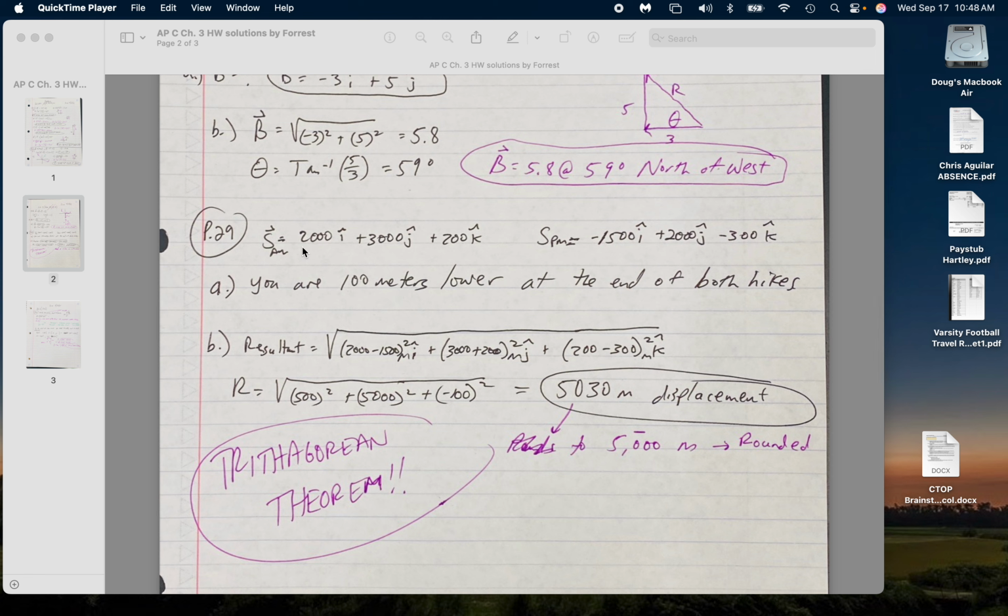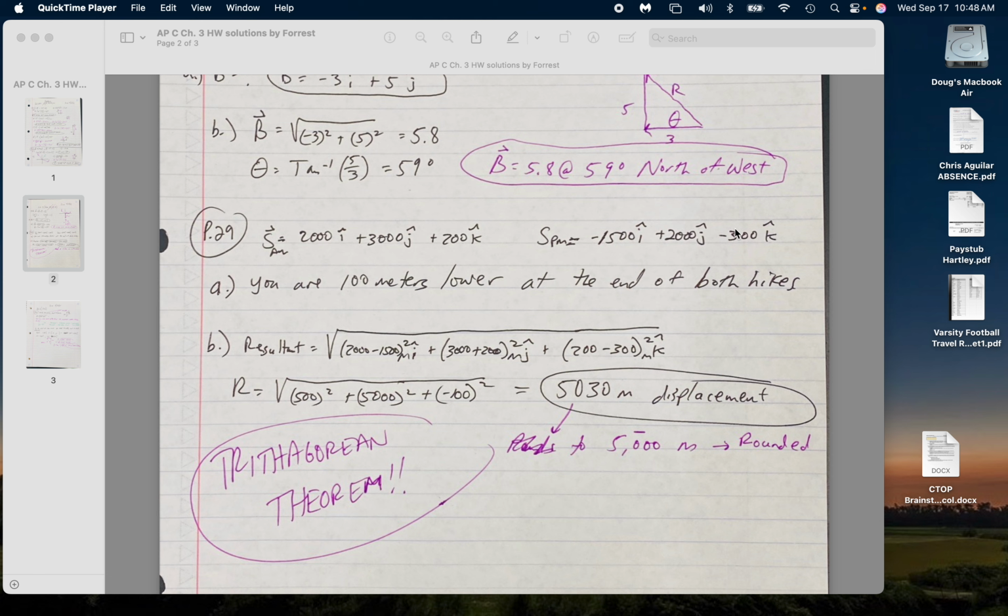Problem 29, we did not go over that. That's a little bit of a Pythagorean theorem. It didn't ask about the angle, just about the magnitude. So the AM displacement was 2000 i hat, 3000 j hat, 200 k hat. The PM displacement is negative 1500 i hat, 2000 j hat, negative 300 k hat. And so basically this is going east, west, north, south,